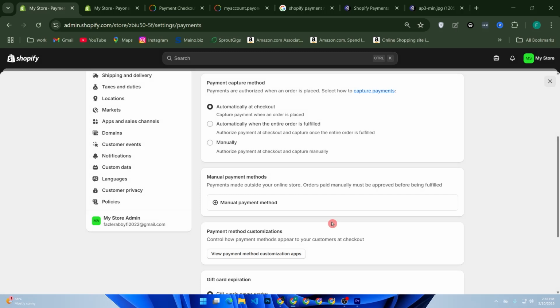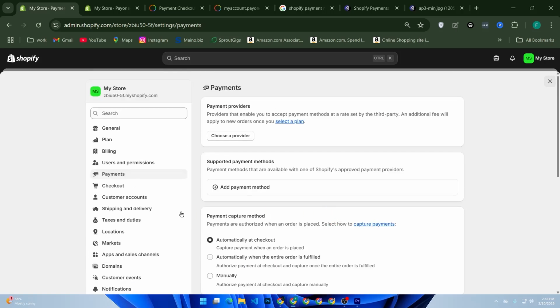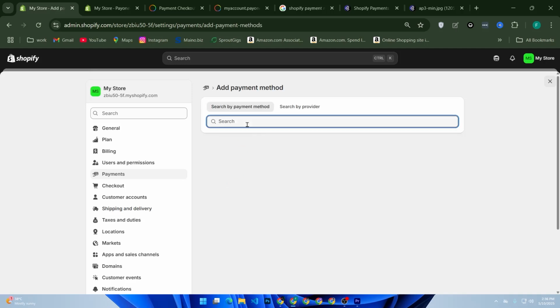After setup, make sure to test your checkout. You can enable bogus gateways under payment providers to simulate transactions. Just click supported payment methods. Under supported payment methods, select add payment method and search for bogus,